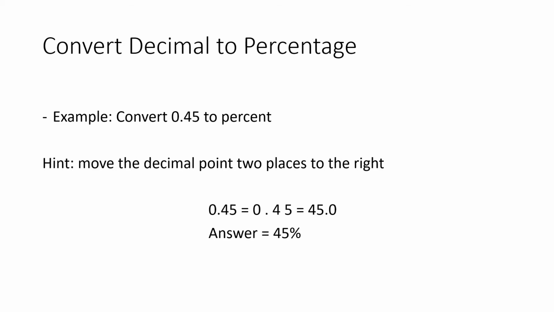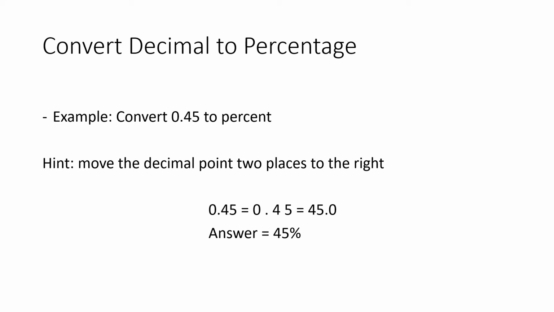Let's try another example. Convert 0.45 to percent. Now here's a good hint which makes things very easy. Move the decimal point 2 places to the right because we are multiplying by 100, and we'll always multiply by 100 when we are converting a decimal number to percent. So without doing any calculations, we can just move the decimal point 2 places